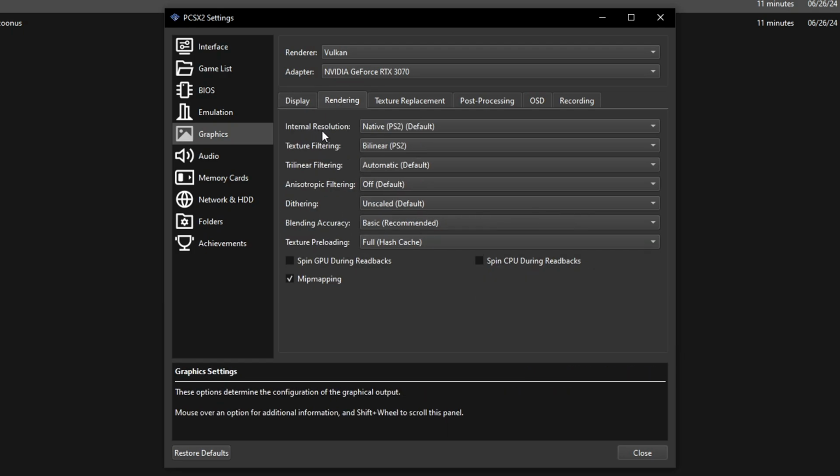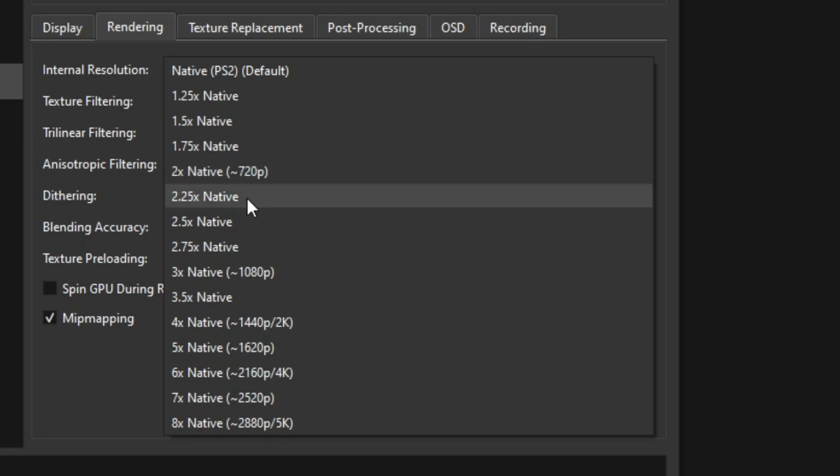And here on internal resolution, we can increase the native resolution of the game on this emulator. You should select a resolution here that matches your monitor. In my case, I have a 1080p monitor, so the best setting for me would be 3x native, but you can increase this one even further if you want the emulator to render the game at 4K resolution, for example. It will render at that resolution, but it's going to be fit to your monitor, so the game will look even better. But of course, it's going to use a lot more of your CPU and GPU for that.